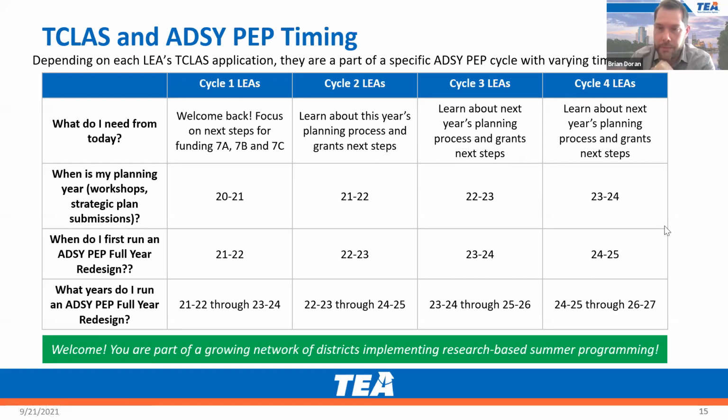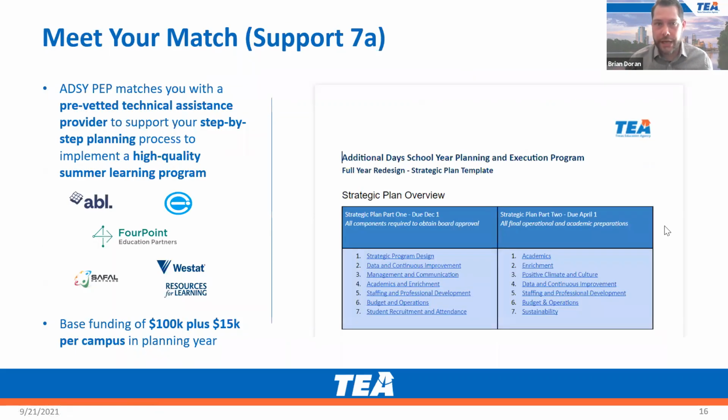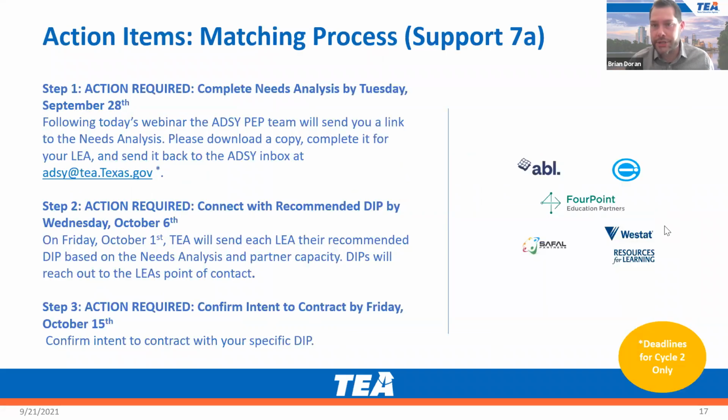All right, so jumping back now to the supports. All right, so let me recap again now that I've covered cycle 1 through cycle 4. Let me recap support 7A. Support 7A is the technical assistance to help you in your planning process. You received $100,000 plus $15,000 per campus for your planning year. And then you have 3 action steps